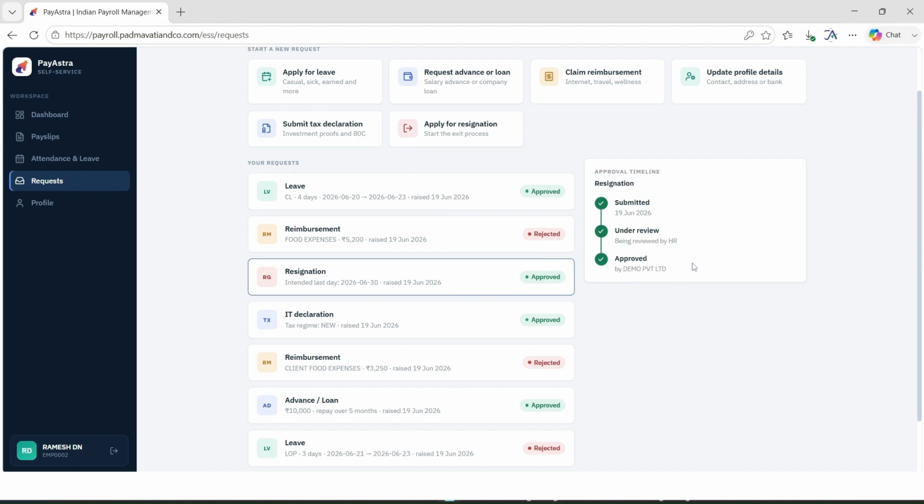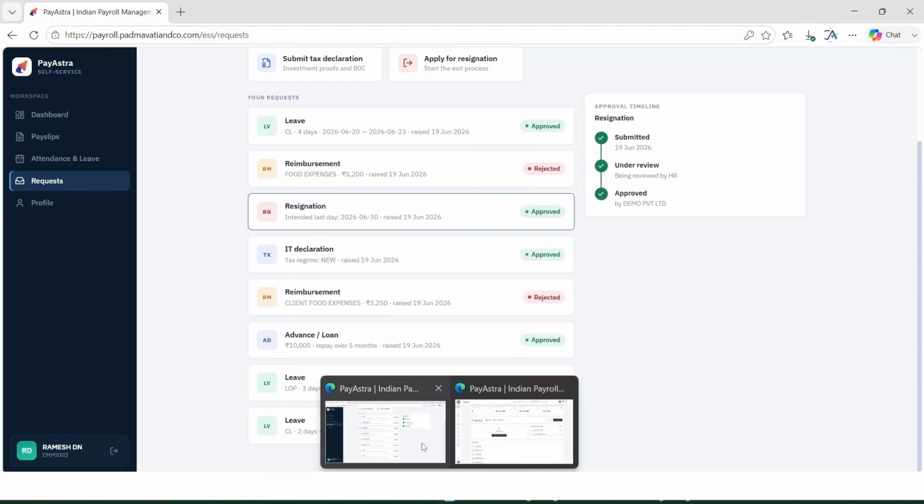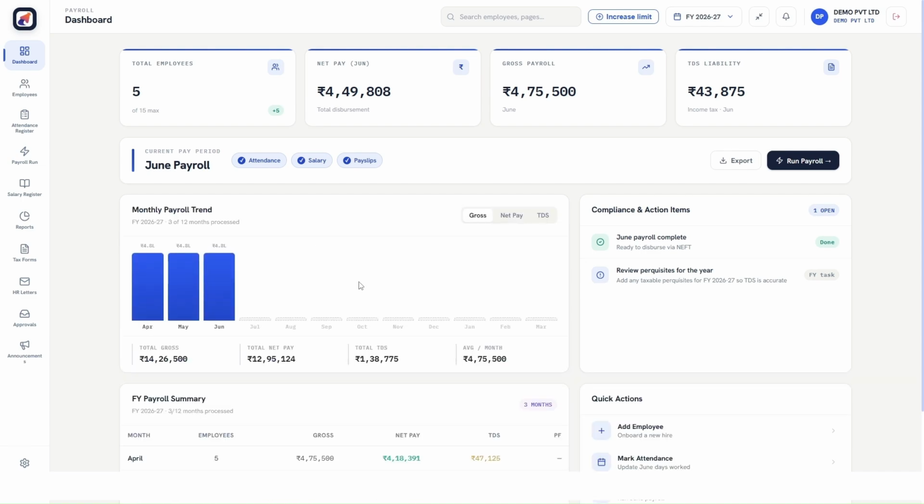So this is how PayAstra helps both employers and employees. For employers, it simplifies employee management, attendance, salary processing, statutory details, payslips, reports, tax forms, HR letters, and also the approvals and announcements, and also the company settings. But for employees, it gives a simple self-service portal where they can download payslips, access tax forms, view announcements, and raise requests directly. So PayAstra is designed to make payroll processing simple, organized, transparent, and easy to manage